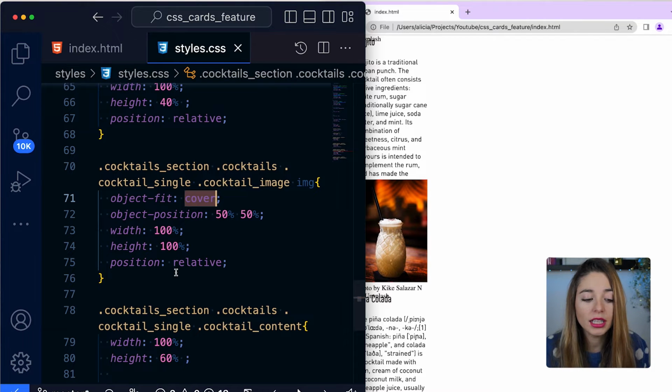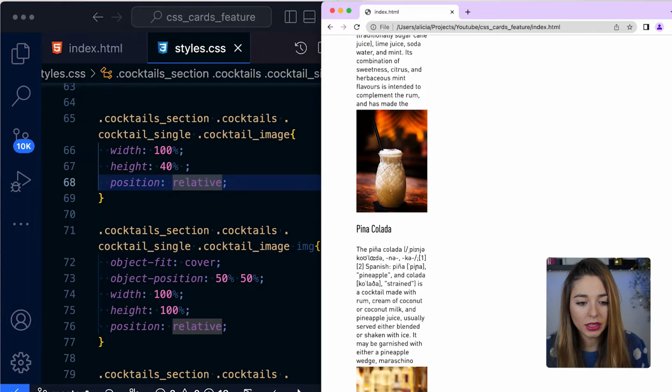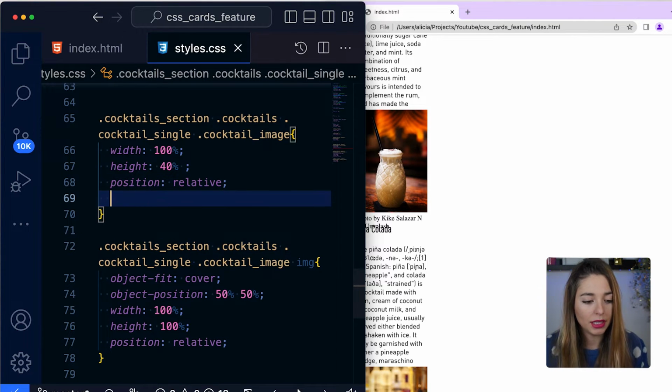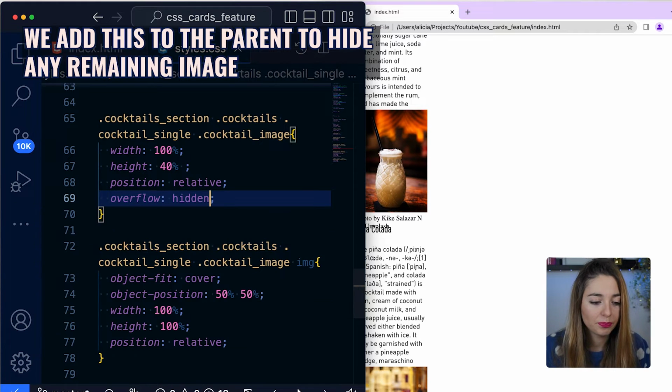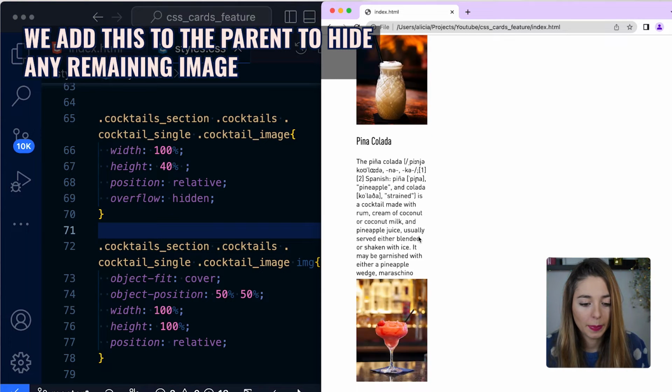With width 100% and height 100%. Okay, so as we can see here, this is not respecting the height that we specify. So there are a few more things that we need to do, but one of them is we need to say overflow hidden, okay,